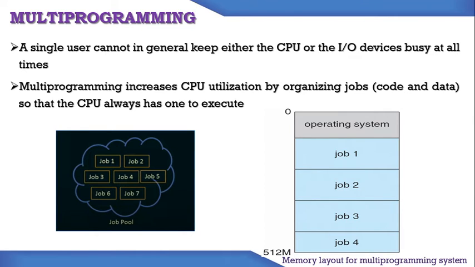So we see that for an operating system to be efficient, it should be capable of multiprogramming. We can also relate this multiprogramming to our day-to-day life. For example, there is a lawyer who has different clients under him. Now the lawyer is not taking care of only a single client at a particular time. Let's say he is taking care of one client, and when the client's case is waiting to go on